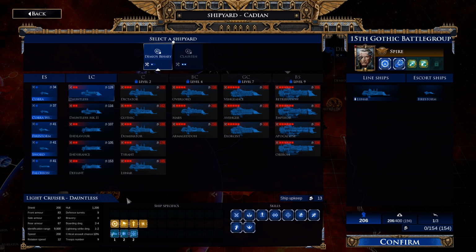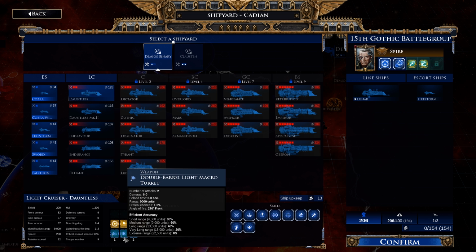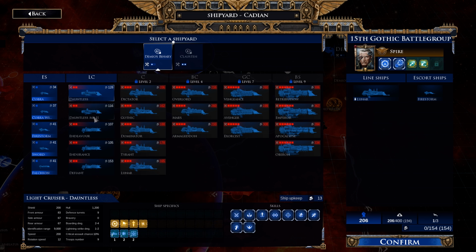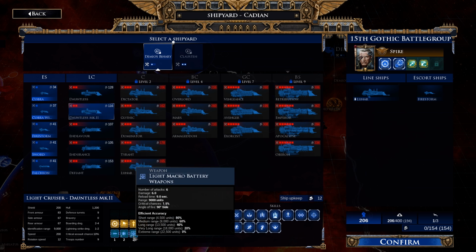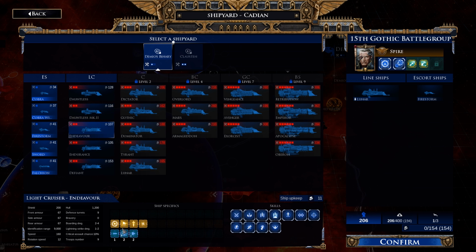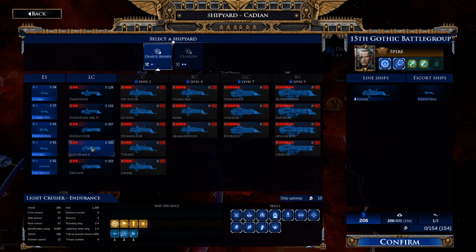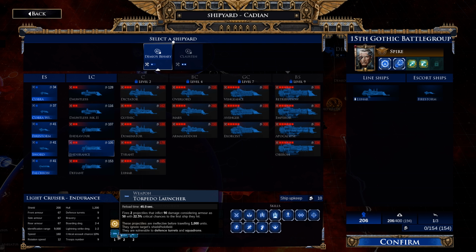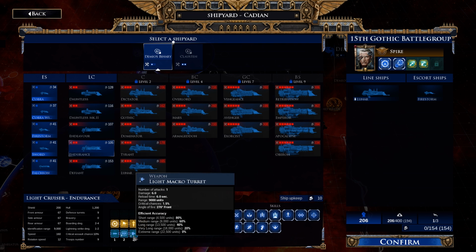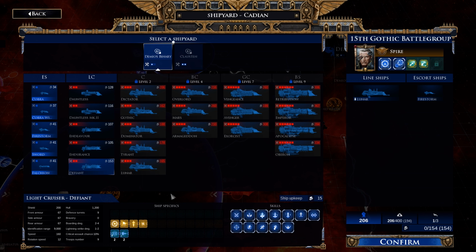Dauntless Mark II Endeavour. Heavy Lance Artillery, Double Barrel Light Macro Turret, and light macro battery on weapons. And this one, same setup, but torpedo launcher on the Dauntless 2. Torpedo launcher on the Endeavour as well, but it hasn't got a real serious ramming prow on that one. Weapon, torpedo launcher, lance battery, and light macro turret. And the Defiant is pretty much a mini carrier, which I don't really want in a light cruiser. I've got the Space Marines for that kind of stuff, so...